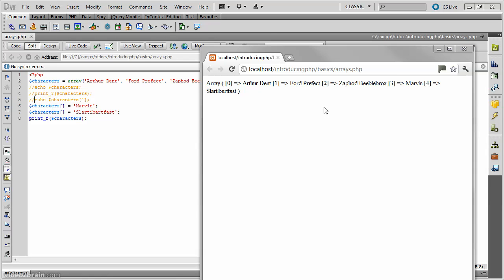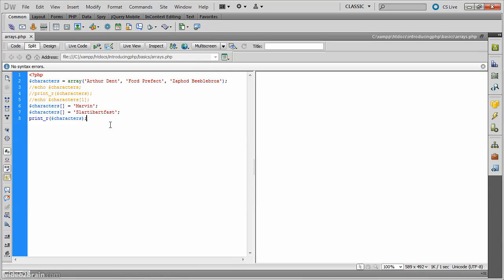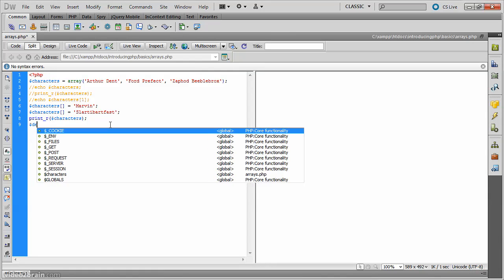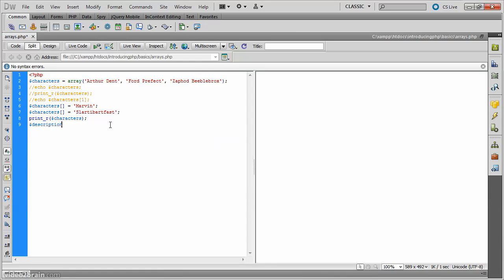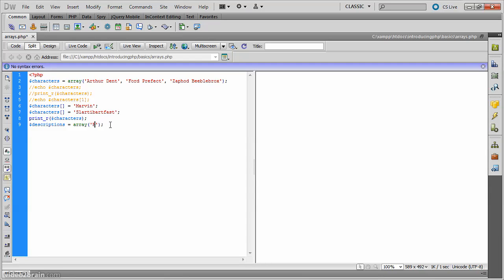PHP has another type of array called an associative array. Instead of using a numeric index, each array element is stored as a key value pair. So let's create an associative array for descriptions from the Hitchhiker's Guide. You start with a variable as before, and then the assignment operator, array, and the key value pairs go between the parentheses as before. First the key, which must be a string. So we'll have Earth,